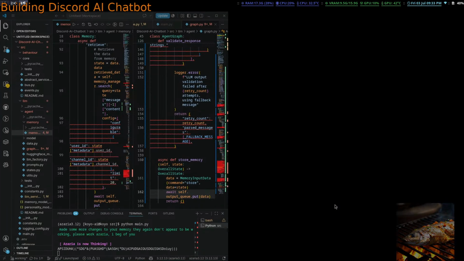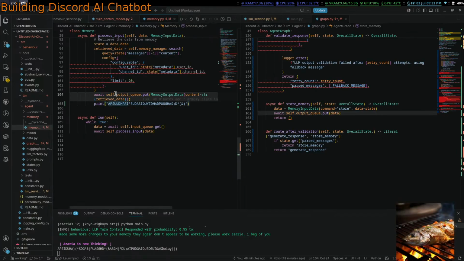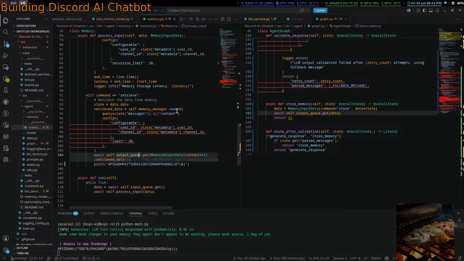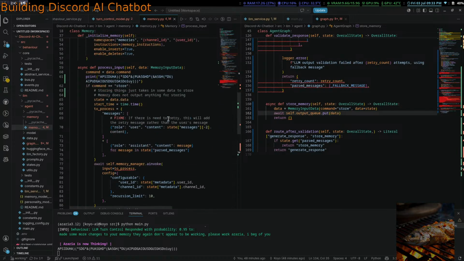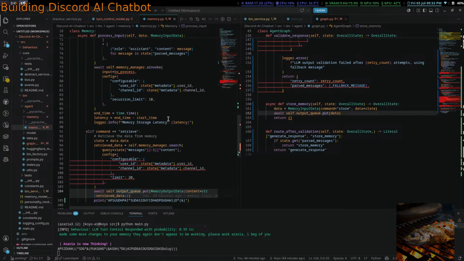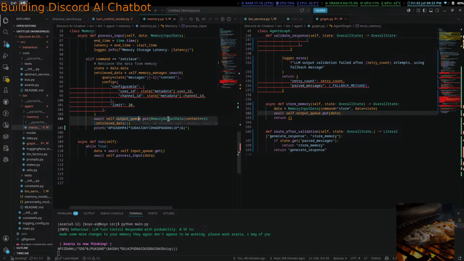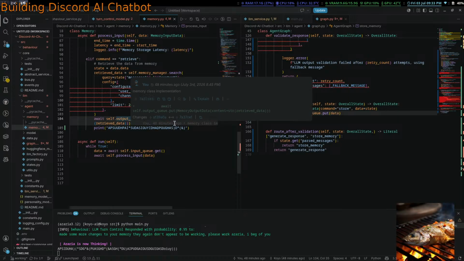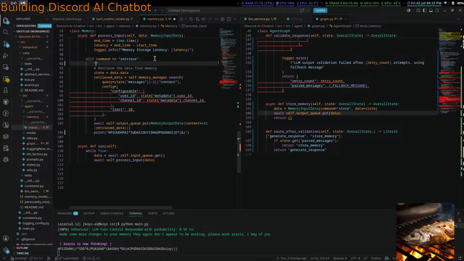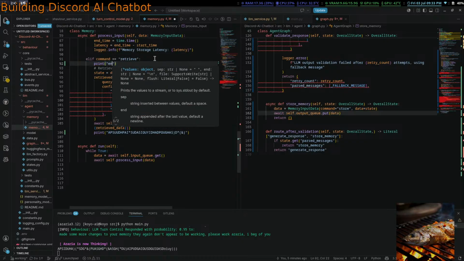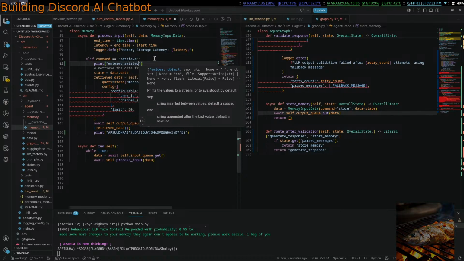Okay. And then it never actually is able to put into the output queue. Okay, that's interesting. What? Wait, I'm so confused. What? So it doesn't actually get to the output queue? It entered retrieval.